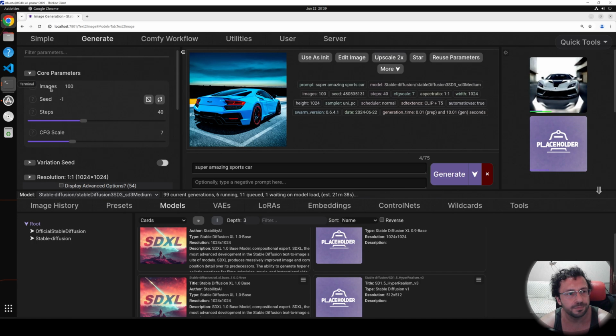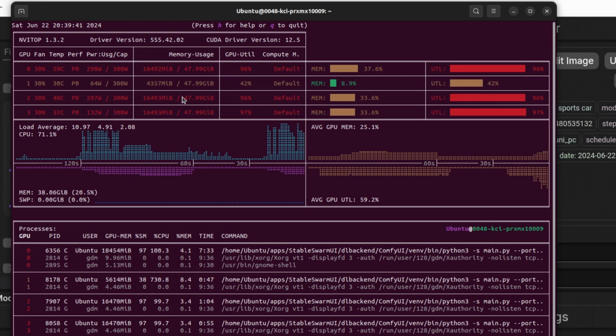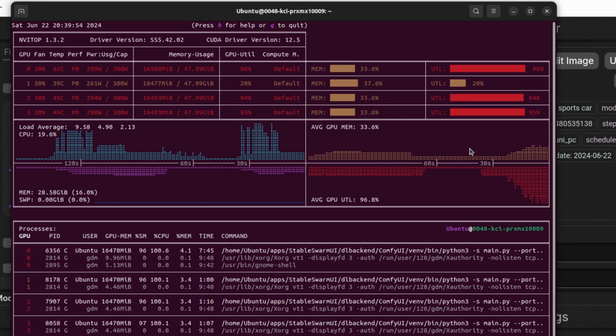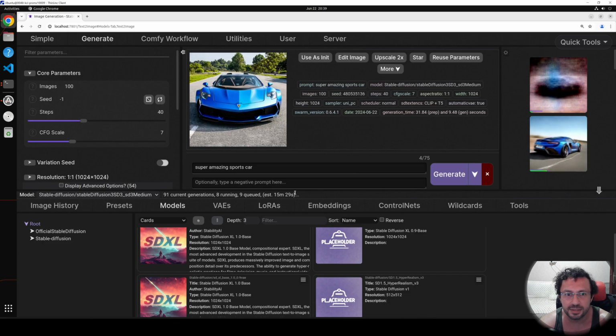Let's go to the NVI tab window. You see now it will be run on all of the GPUs. We can see that the first GPU, the second GPU, first it is loading models on each GPU and it is starting generation. And now we are utilizing 4 GPUs at the same time. Therefore, our speed is incredible. We are generating 4 images simultaneously.